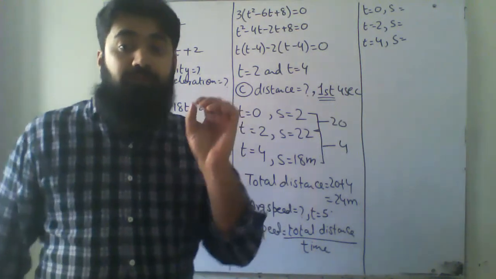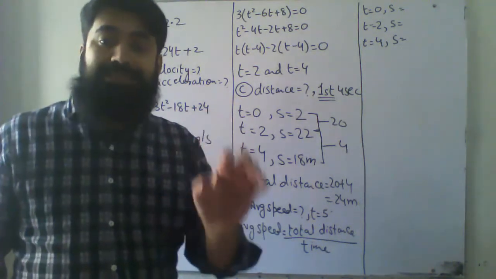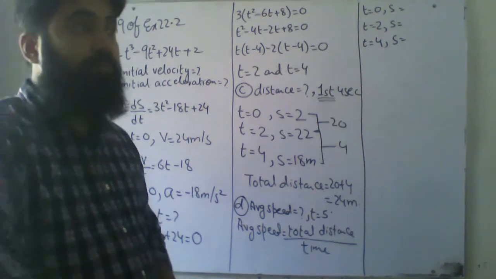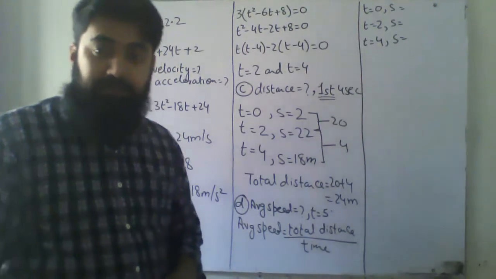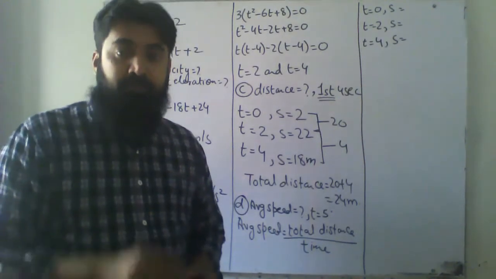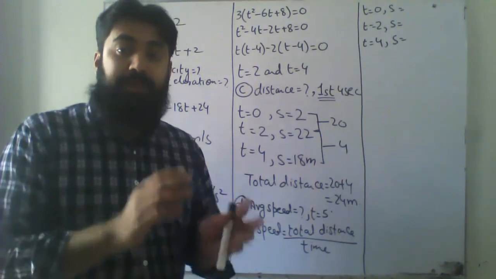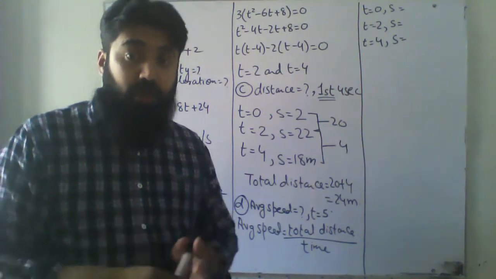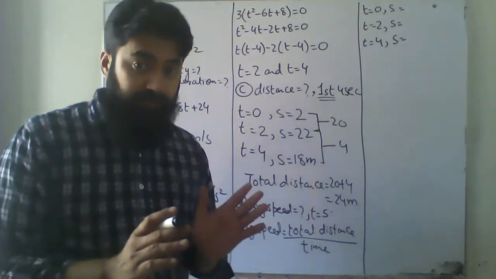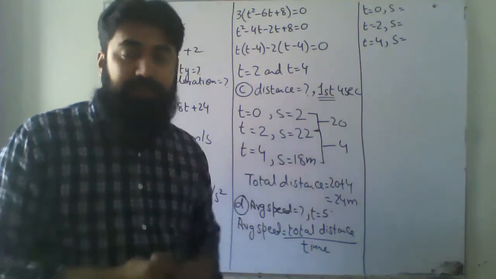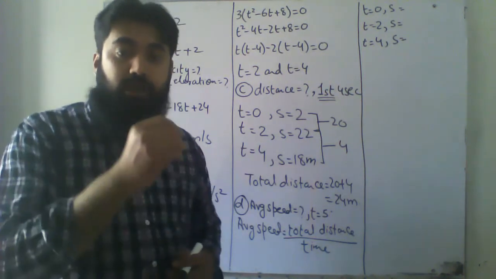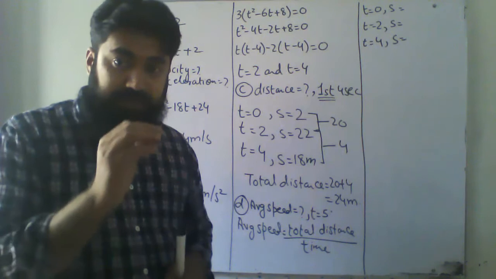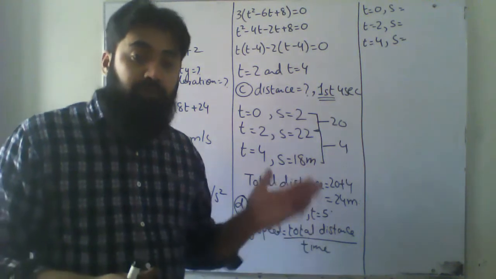Whenever they tell you to find the distance between some first second, always remember that first of all, you will find displacement at time equals 0. Then you will find the displacement at those times where velocity was 0 during your given time interval. Okay, not beyond it, during your given time interval. After you have found the displacement where the velocity was 0, you have found the distance at that point. After that, you will go for the final one.